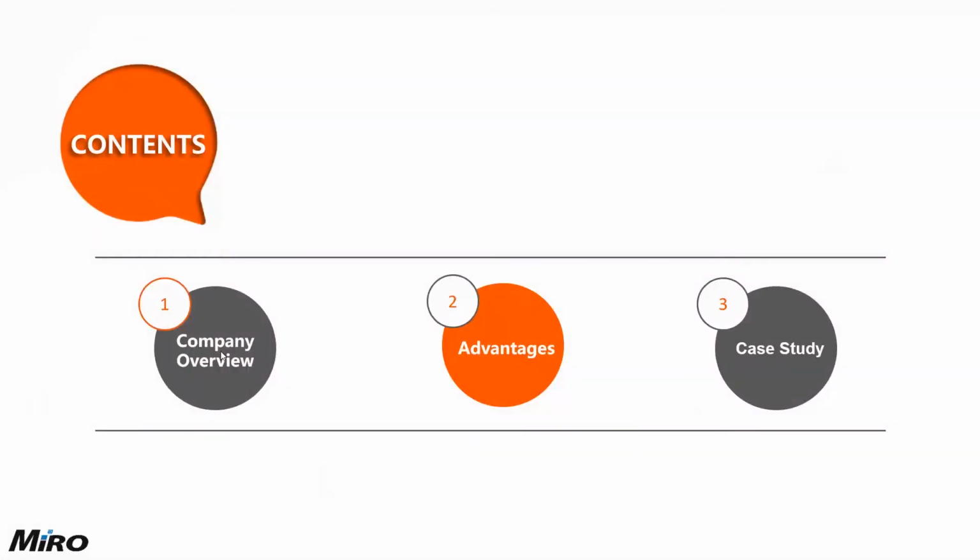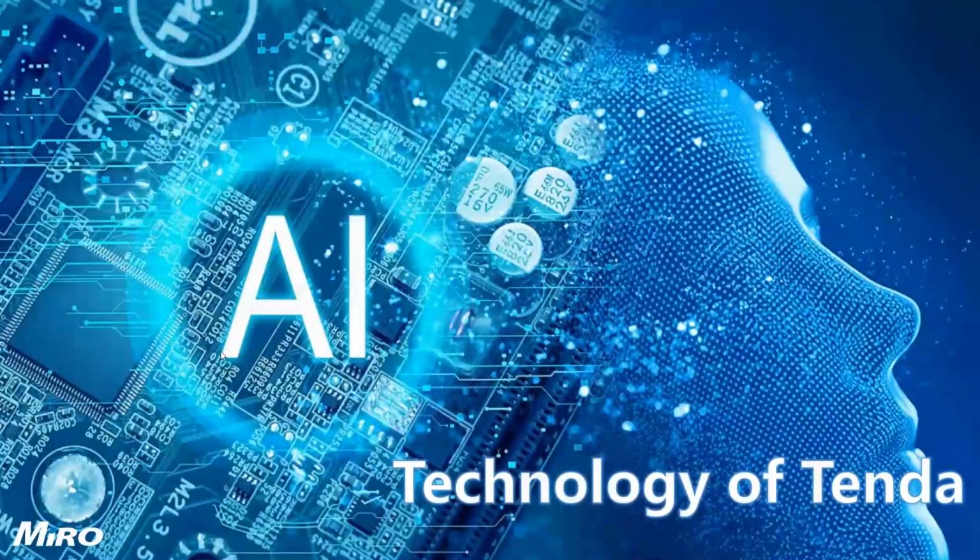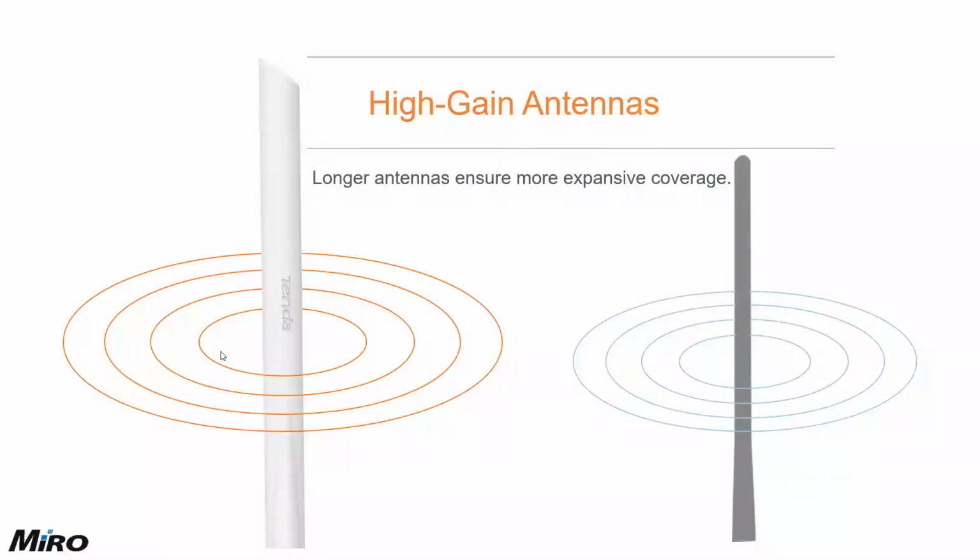So let's look at some of the advantages behind Tenda. As you can see, this is a very cool slide, so we're going to talk about some very cool stuff. So high gain antennas. Why does this make Tenda more appealing? Well, the fact that Tenda's antennas produce larger gain means that they can cover larger distances, which means that the coverage that became a problem during lockdown is just mitigated, boom, like that. By simply replacing your router with a Tenda device, you're going to increase not just the performance of your network, but the reach as well.